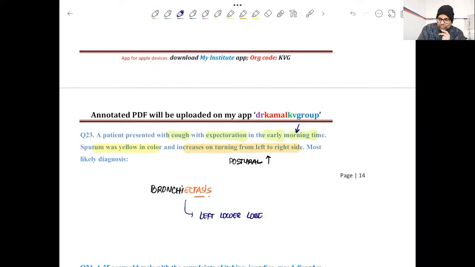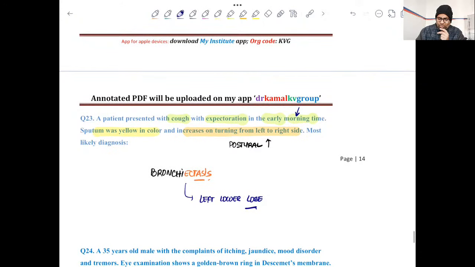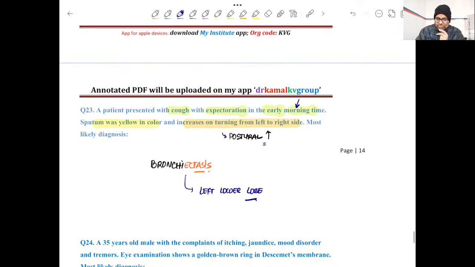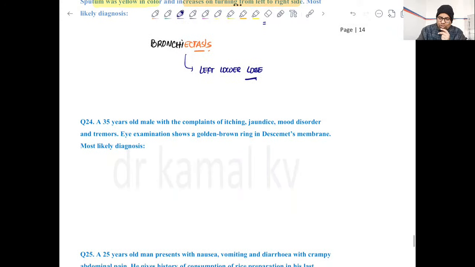So the moment the patient changes the posture from left to right, there will be increased drainage of that secretion, and therefore when he coughs, the sputum will be produced, a productive cough. So this is bronchiectasis. There is an increase in postural drainage, and this is actually a part of treatment as well. We promote postural drainage so that the secretions are taken out of the respiratory tract, right? So this is postural drainage. Now moving forward,